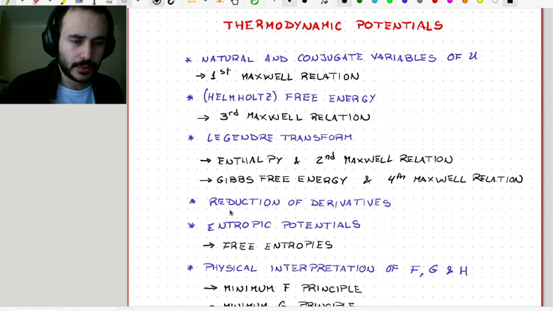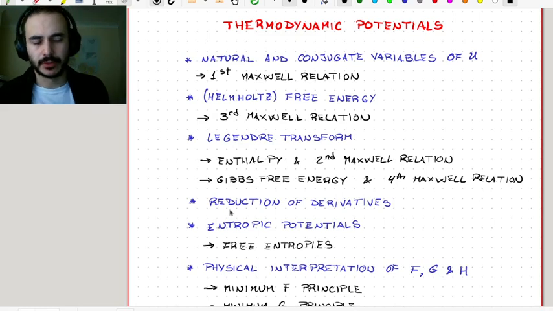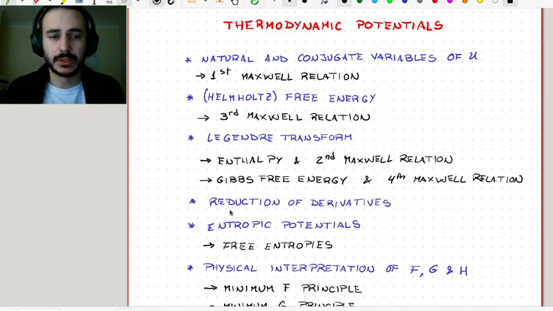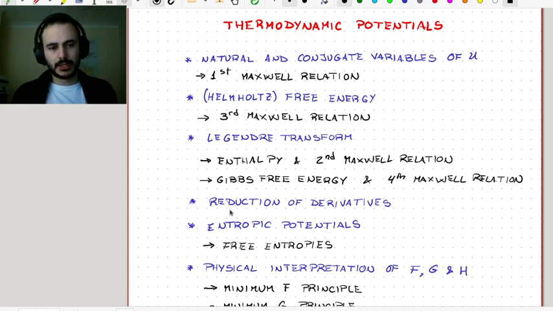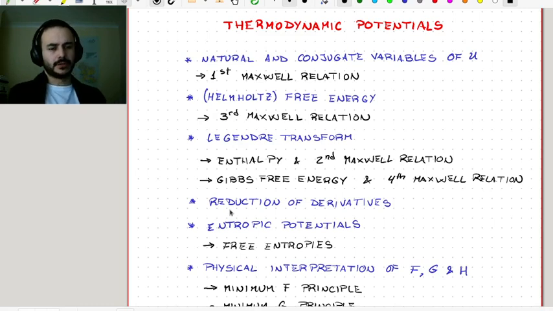So what we're going to see is, first of all, we are going to introduce what the natural and conjugate variables of the internal energy are. And this will allow us to derive what is known as the first Maxwell relation, using the same trick that we have just used in the entropy chapter of applying Schwarz's theorem to a function of state such as the energy. We can obtain like that a very non-trivial relationship between partial derivatives involving pressure, temperature, volume, but